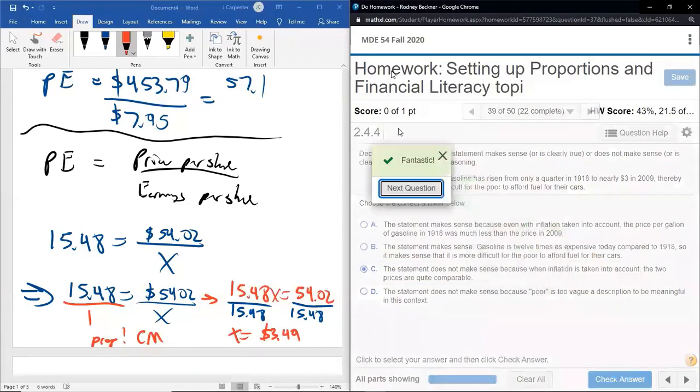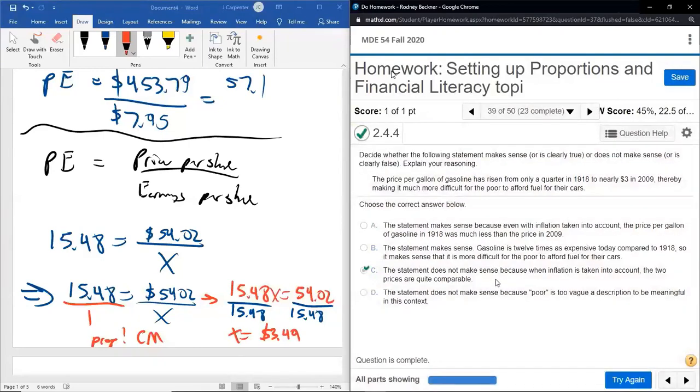And that's what I expected. That was correct. The statement does not make sense because when inflation is taken into account, the price of goods tend to go up on average every year. When you look at a year by year, they go up by small amounts when you're looking at every consumer good possible. But when you look at 90 years, all those little small increases will add up to a big